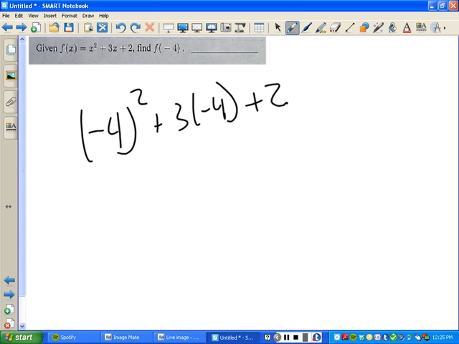Now, some of you are going to make small mistakes. Maybe you do something like -4 squared is -16. It could happen. Some of you are going, "Whoa, it never happened to me." Don't lie. It can happen. Small mistakes are okay, but if you just look at this and inherently you have no idea what this notation even means,